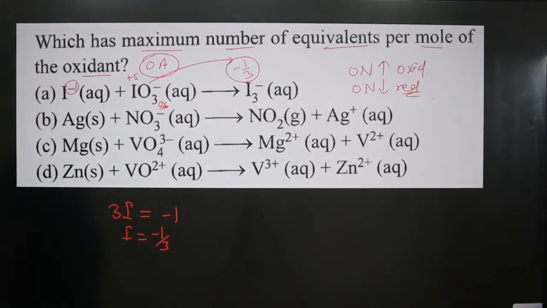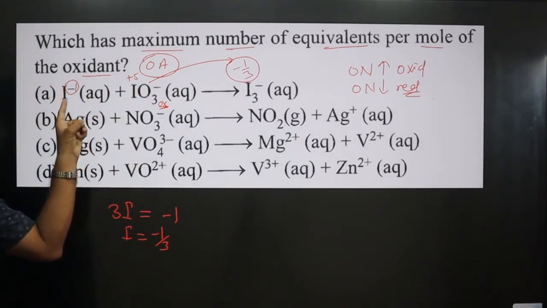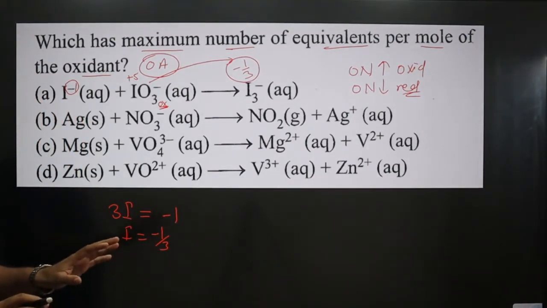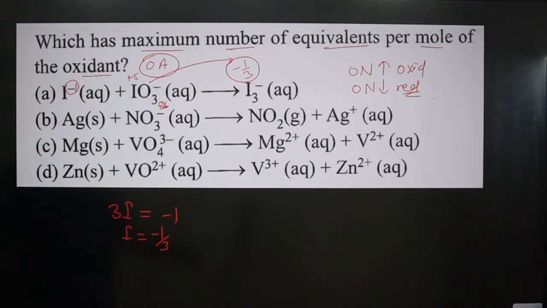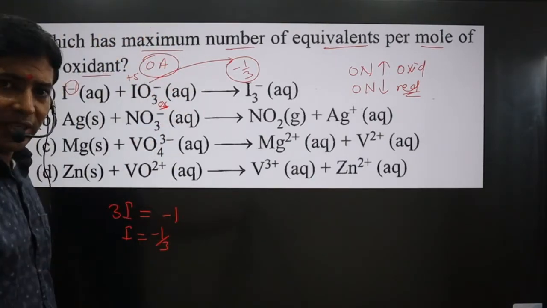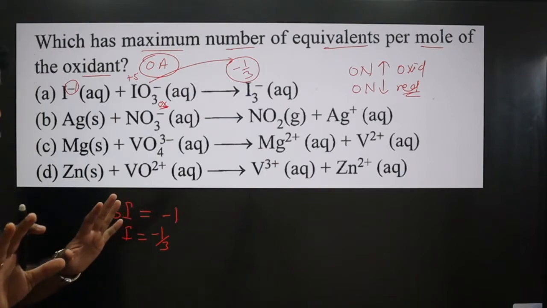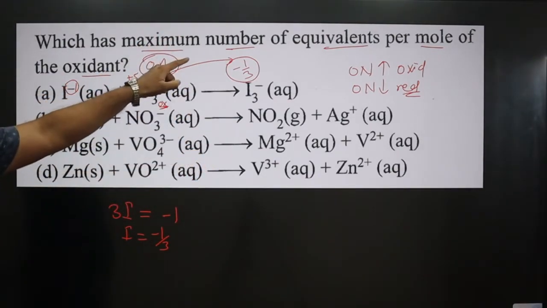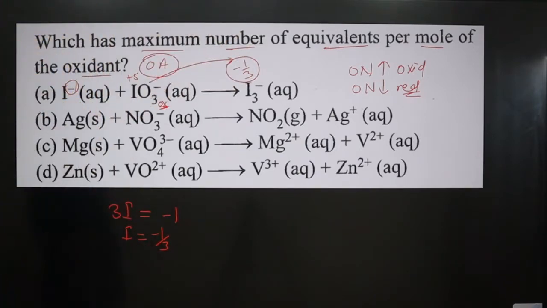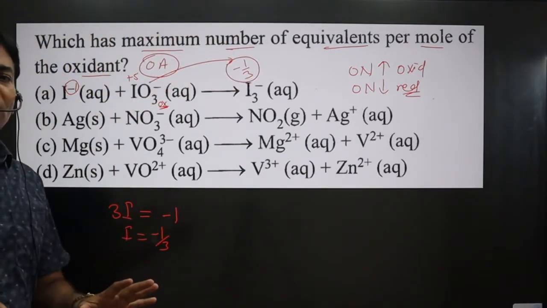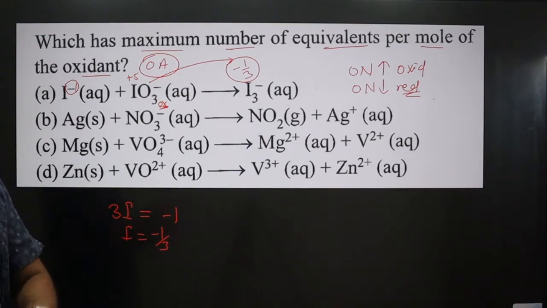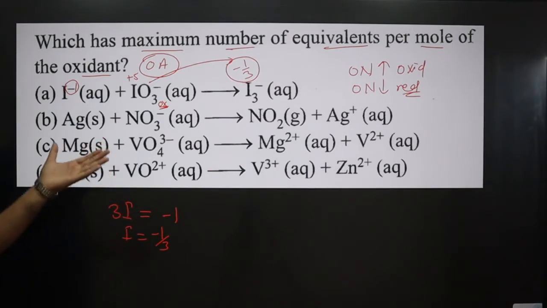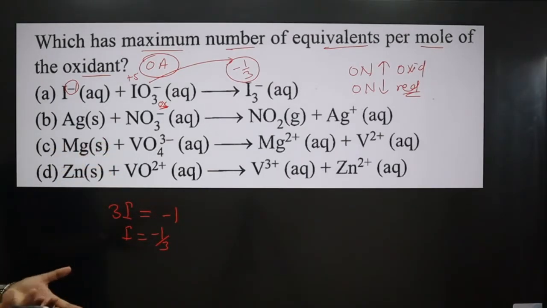Very interesting concept. I have to calculate the number of equivalents of this substance. Anyway, we are going to calculate the number of equivalents for the reducing agent. The question is asking: which reducing agent in the given chemical reaction has the maximum number of equivalents? The substance which is undergoing an oxidation reaction will be acting as a reducing agent, for which we have to calculate the maximum number of equivalents. But anyway, we should know the oxidizing agent also, then we can go for the reducing agent.